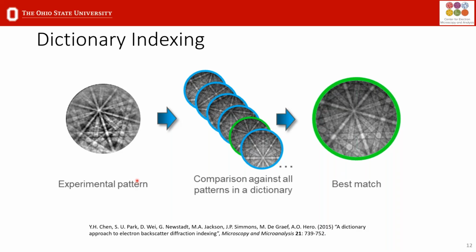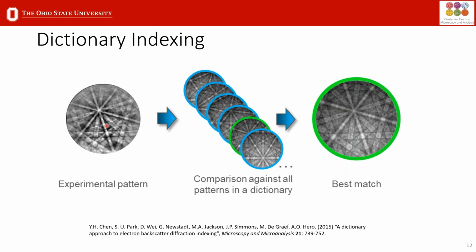The way it does it for dictionary indexing is that you pre-compute a library of orientations, and you compare your experimental pattern to this pre-computed library of patterns that represents all the possible orientations, and then you find the best match in this library to your particular experimental pattern, and then it goes to the next pixel and